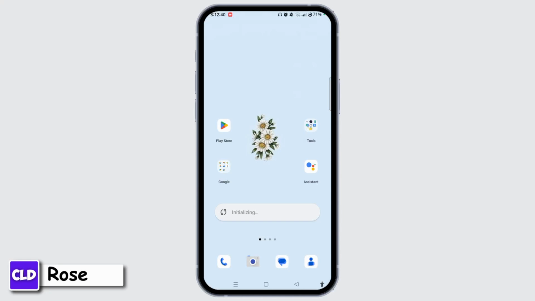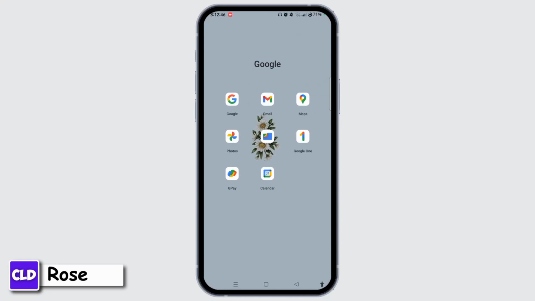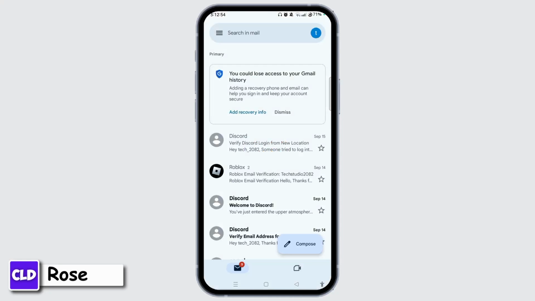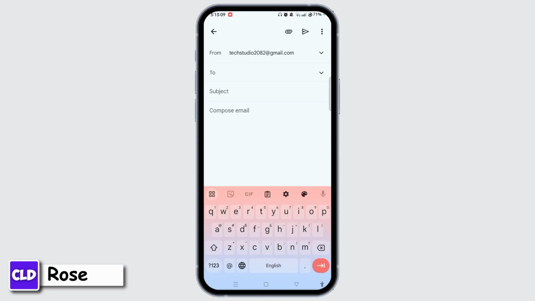The first is you can simply write a mail to the Litmatch support team. All you have to do is simply open any of your Gmail accounts. Make sure that you have logged into your particular account on Litmatch. After that, you will see a compose button at the bottom right corner of the screen. Simply tap on compose in order to send a mail to the Litmatch support team. Here in the To option, you need to simply write for